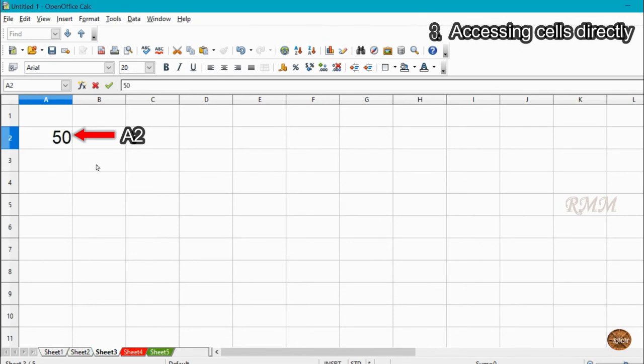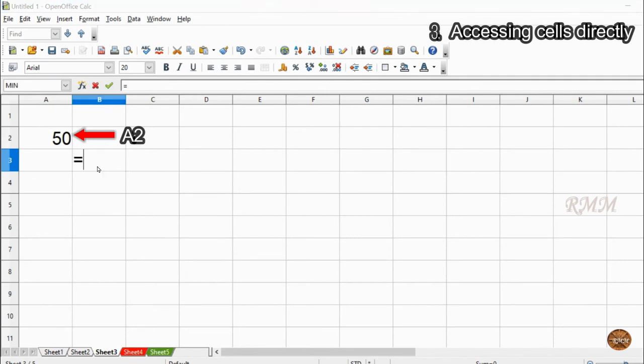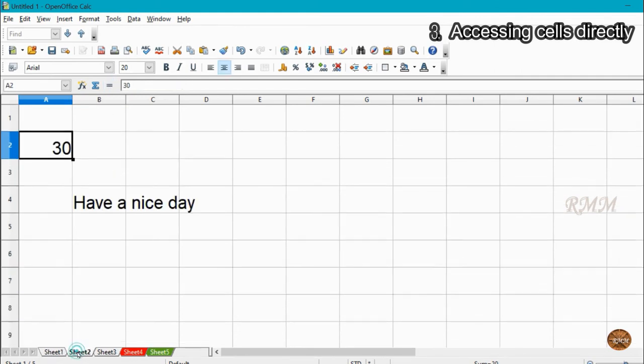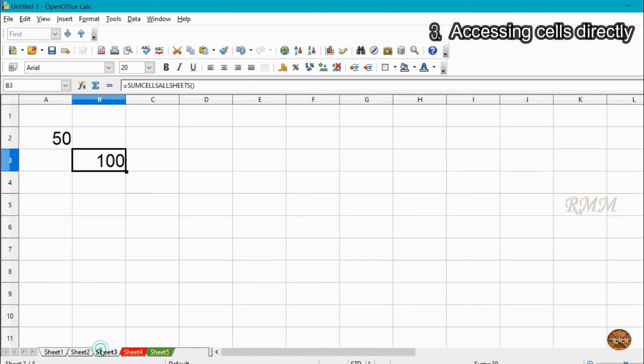You can try the new function in any cell, and the function which we are using is to access a particular cell from all the worksheets, and here the cell address is A2. Now I am typing is equal to and pasting the name of the function. Once you finish, you can click accept. Now you can see that 100. So it is the total of 20 from sheet 1, 30 from sheet 2 and 50 from sheet 3.